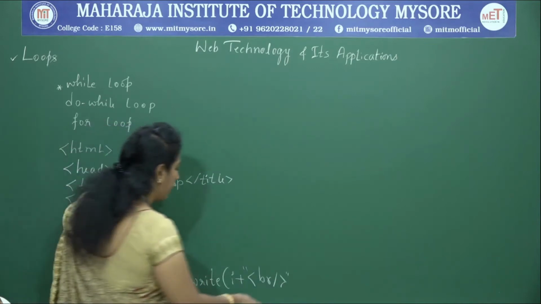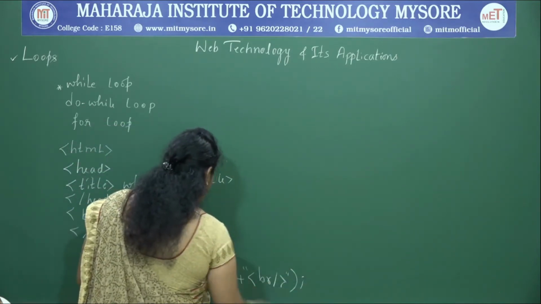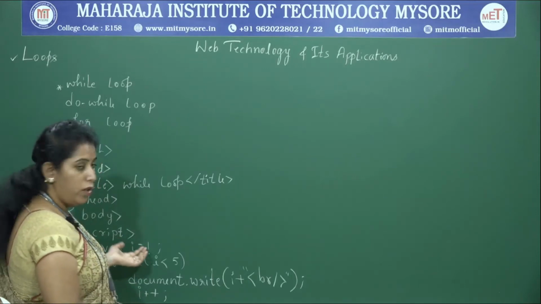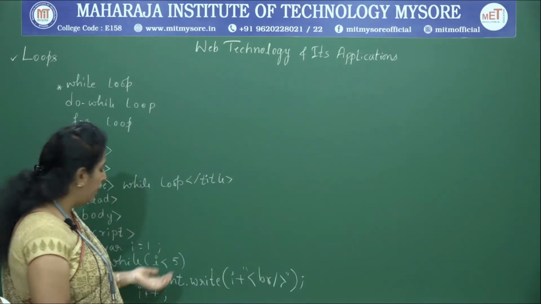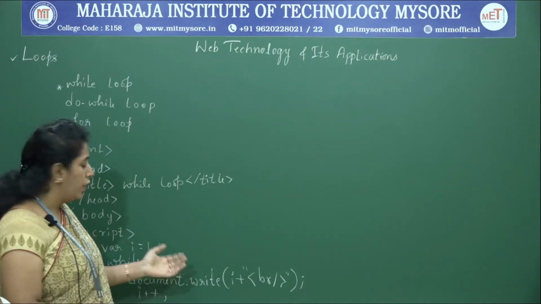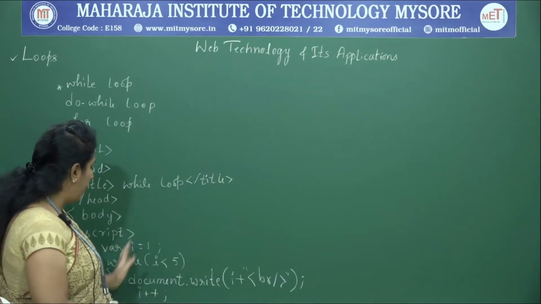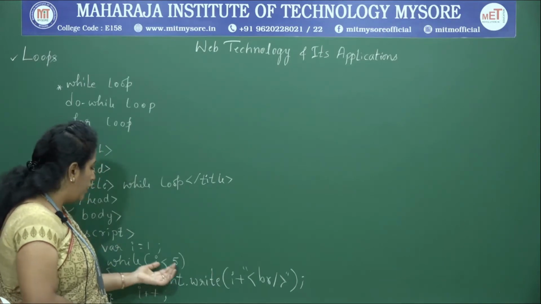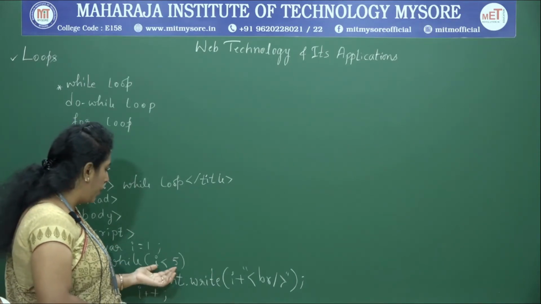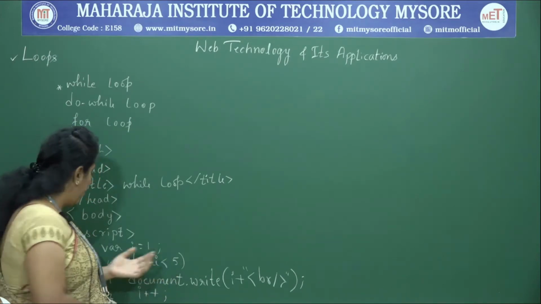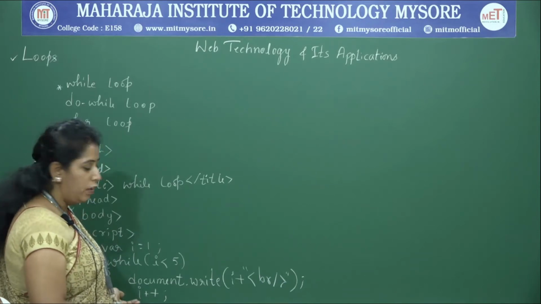in the next line. Okay, after that close this, and also for the next iteration i has to be incremented. Since i was 1, in order to print the next number i should be incremented. So i is 2 now, 2 less than 5 true, so it prints 2. So on like that the looping will be done. Once this condition is not met, for example once i becomes 5, 5 less than 5 is not met, by that time the control comes out of the while loop.